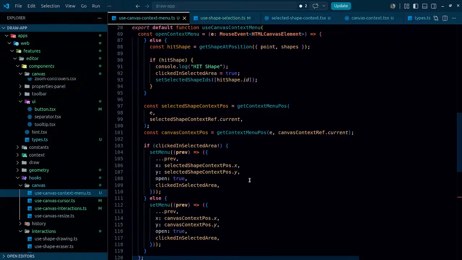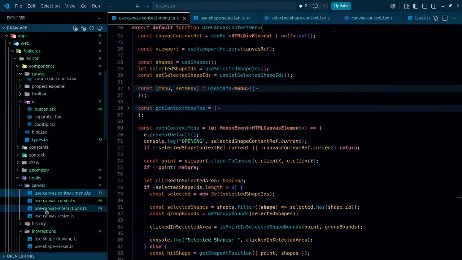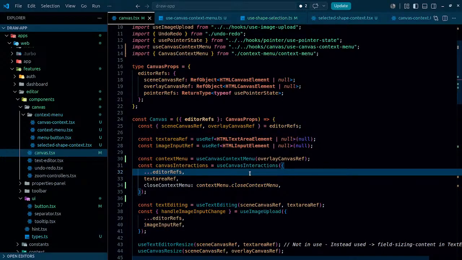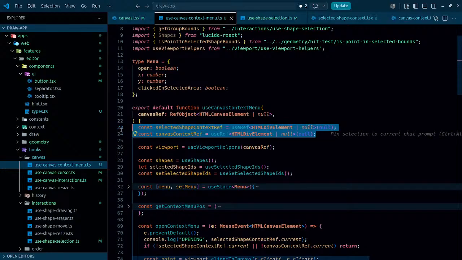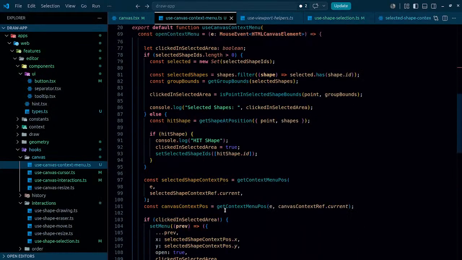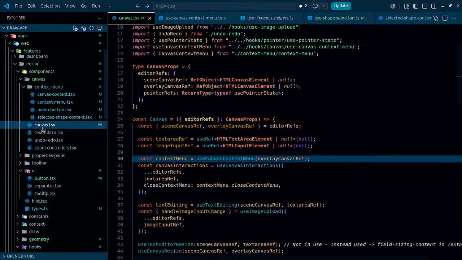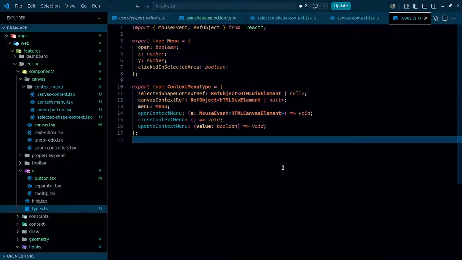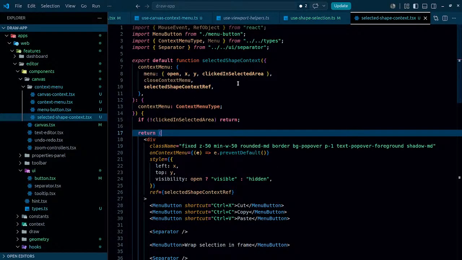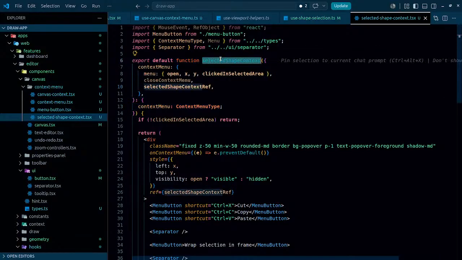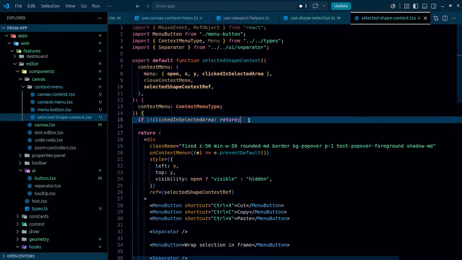Once they are actually passed from here, what is the next thing? This is the problematic thing. Okay, got that. The thing is that